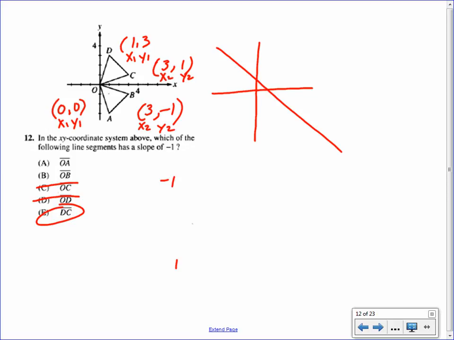Okay, so -1 minus 0 for y2 minus y1 over 3 minus 0. So that'll give us -1 over 3. So that's not what we're looking for. So DC is our answer. And that's choice